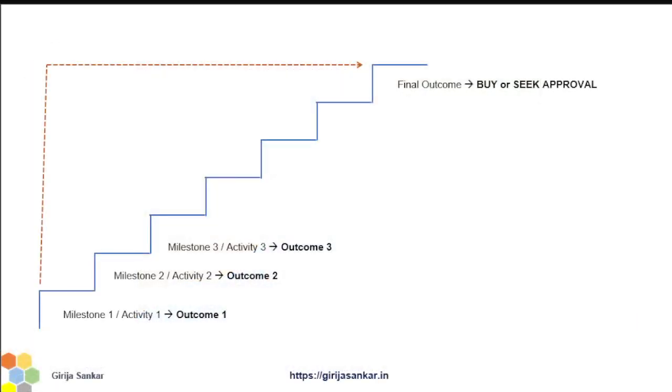So if you look at this picture, there are multiple steps involved in your presentation. As you see, the first step is milestone one. If you complete step one, you complete your milestone one or activity one, and you achieve your outcome one. If you go to the next step, you complete milestone two or activity two, and you achieve your outcome two, and that goes on for outcome three, outcome four, outcome five, and so on and so forth. But what is the end objective or the final outcome you wanted to achieve?